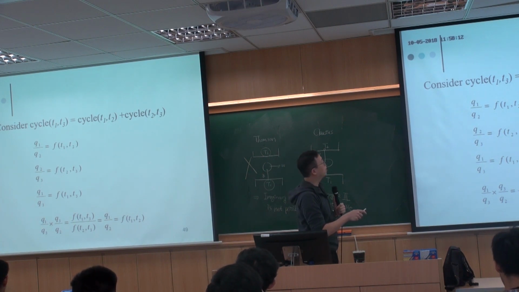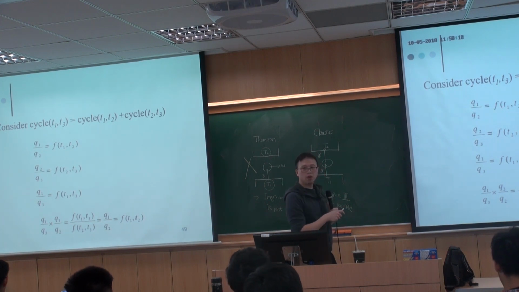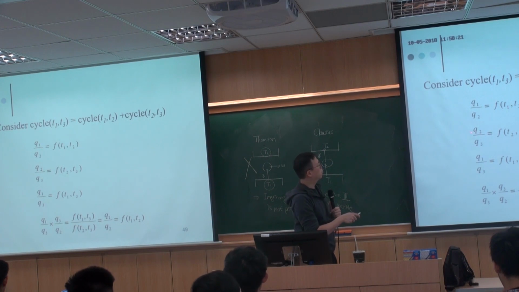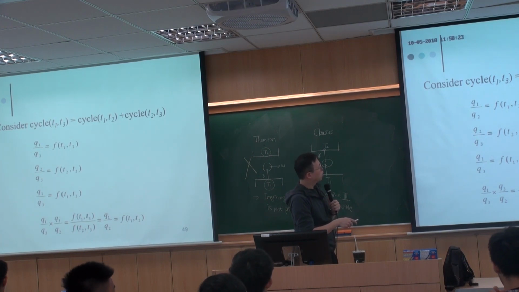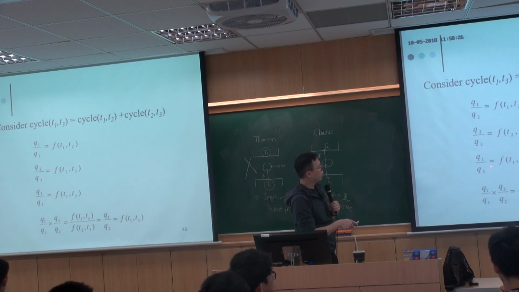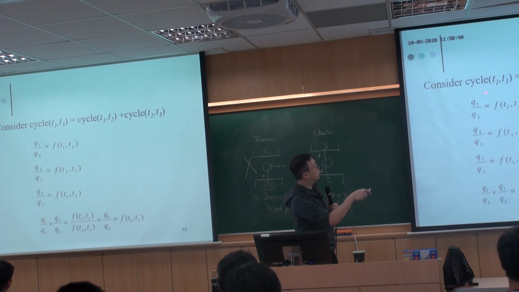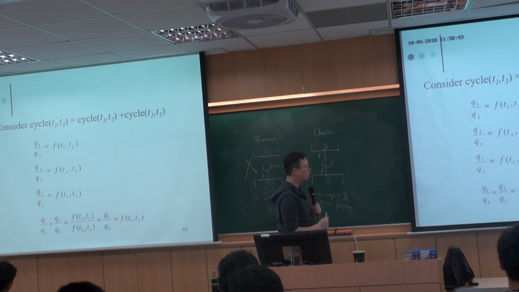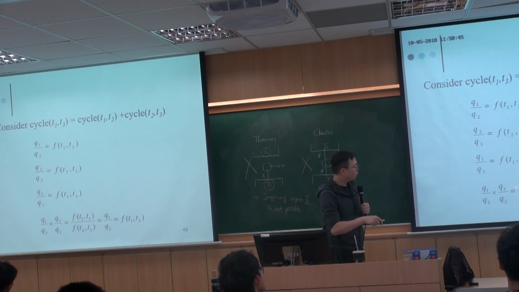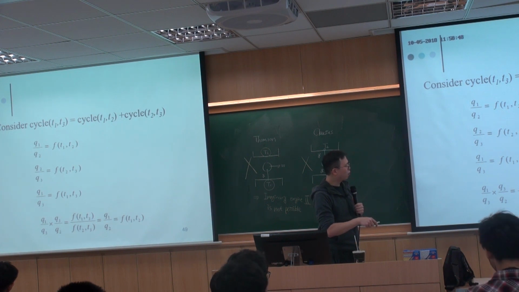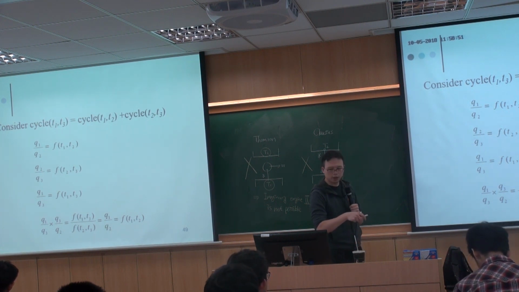So we also know that the function, Q1 over Q2, is a function of T1 and T2, and that will be the same for the other cycle, which involves Q2 and Q3. And therefore, for Q1 and Q3, again, it's a function of T1 and T3. But we also know that if you multiply these two together, this third line and the second line, you can retrieve the original Q1 over Q2. Therefore, the function of T1 and T3 over the function of T2 and T3 should be a function of T1 and T2.